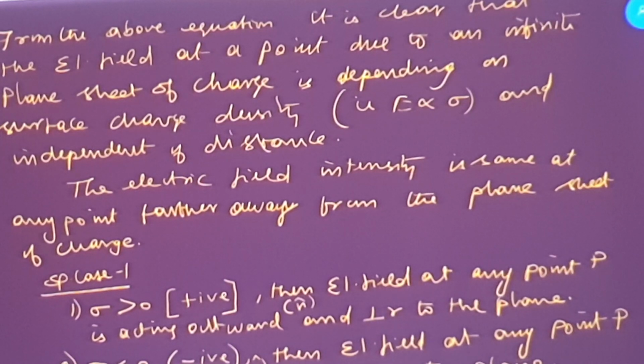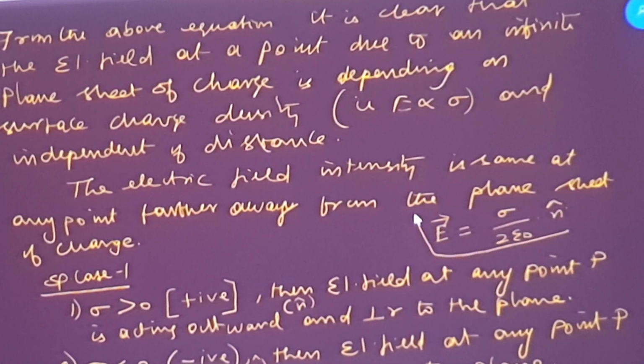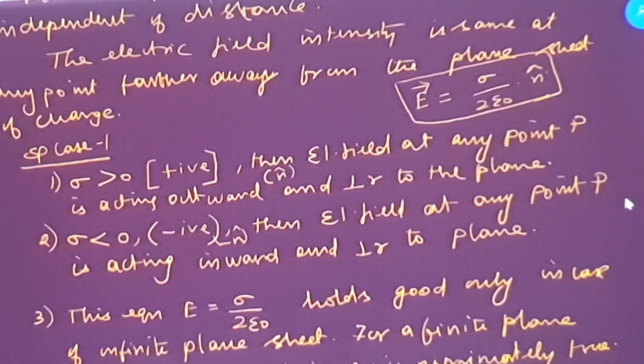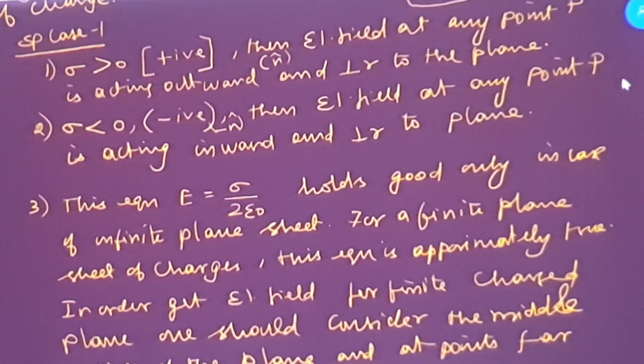Now, the electrical field is considered to be a vector quantity. So if I am considering the electrical field as a vector quantity, here E vector can be written as sigma divided by 2 epsilon 0 into n cap. So I have to give the direction. The direction is always perpendicular to what? Perpendicular to the plane sheet, or perpendicular to the area. But whether it is acting towards or away depends upon whether the charge is positive or negative. So for that, I am giving the concepts in point number 1, point number 2 and point number 3.